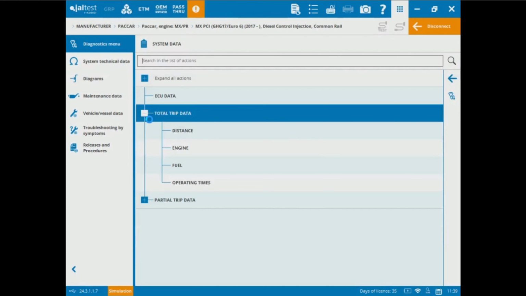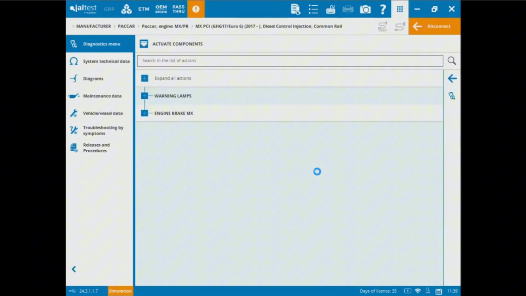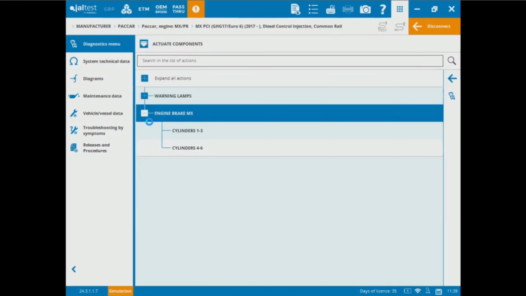I can see fuel consumption rates, distance, engine protection, operating times as a total or partial. We can do more dealer level capabilities such as component actuation. I can even actuate warning lamps, the orange, red, and blue. The engine brake on the MX on the cylinders 1 to 6, we can definitely alternate and try to actuate